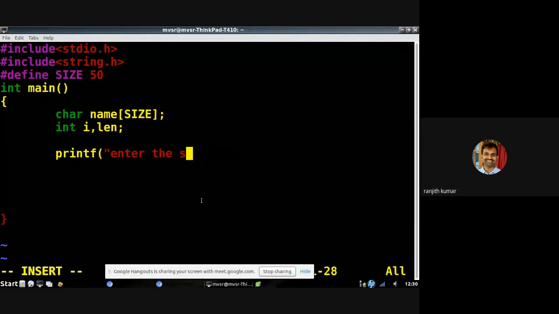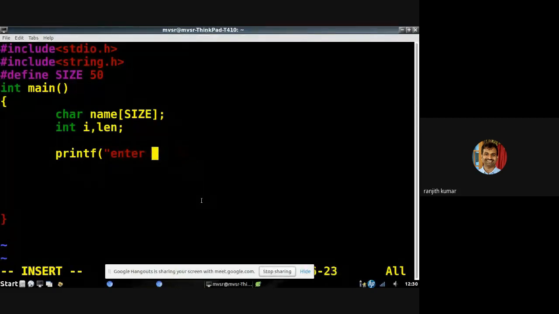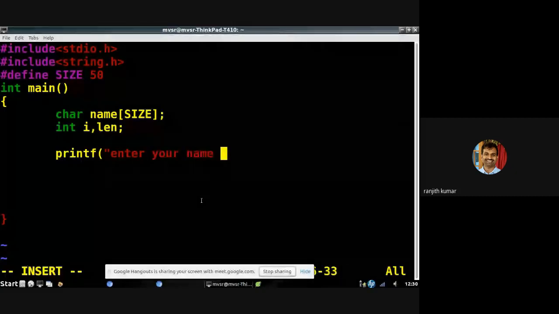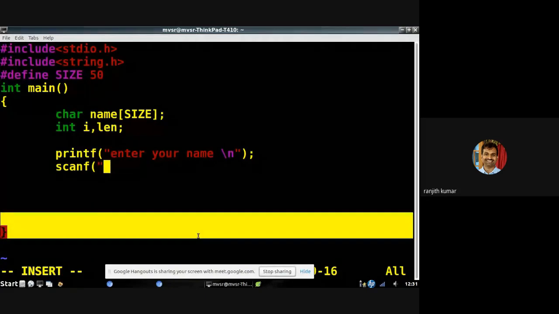Set of characters. Enter your name. I'm accepting the input from the user. Now you can follow scanf. Okay, so scanf percentile d, okay, comma,